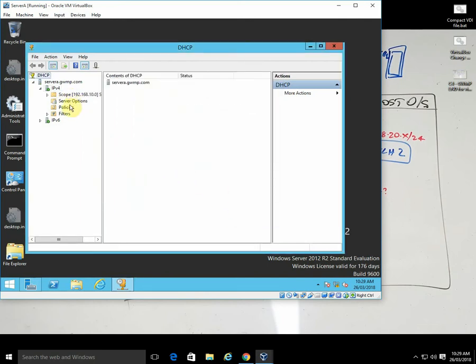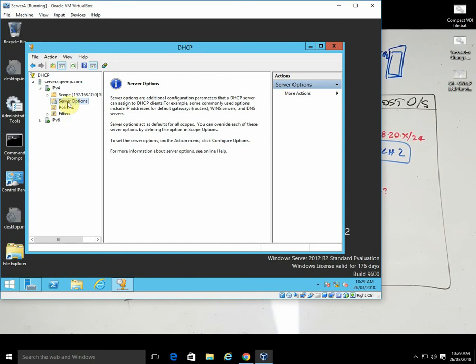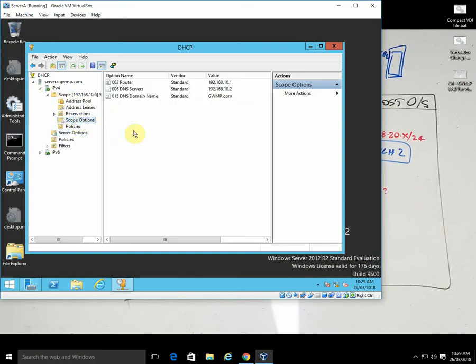Okay, so we've got a scope here, and when we expand it out and look at the scope options, we can see that we've got a routing entry, a DNS server entry, and a domain name entry. Now, there are additional things that can be put in here if we're doing things like booting from a network card. So if we're doing PXE boots, then we would need to put additional things in here. So for the deployment type environment, we would probably change our DHCP server to include those things that are specific for